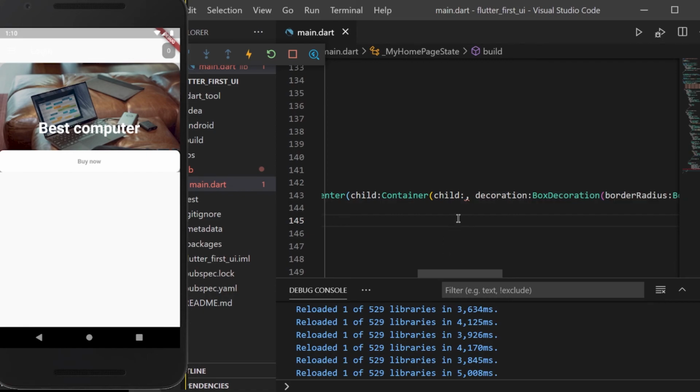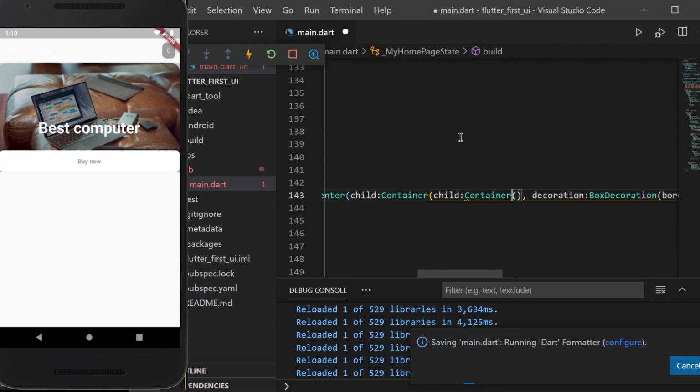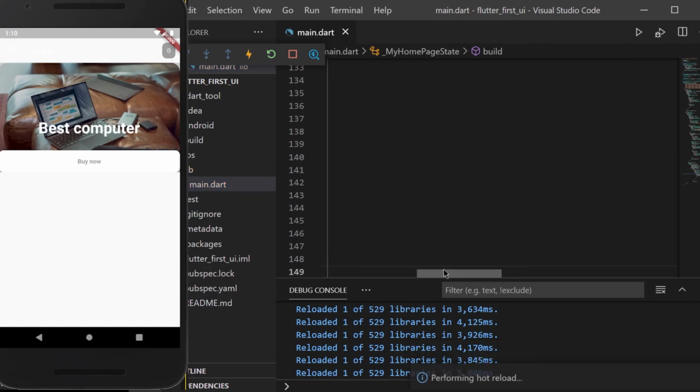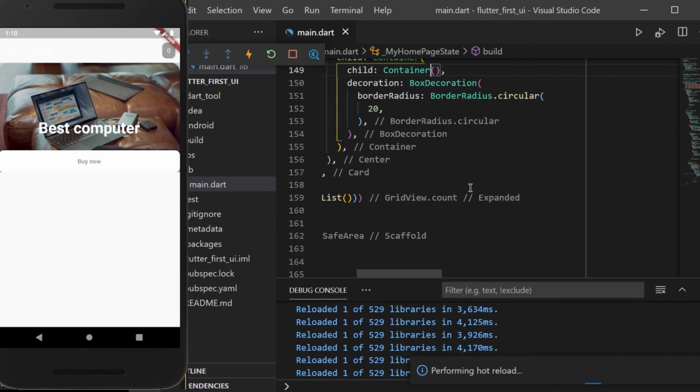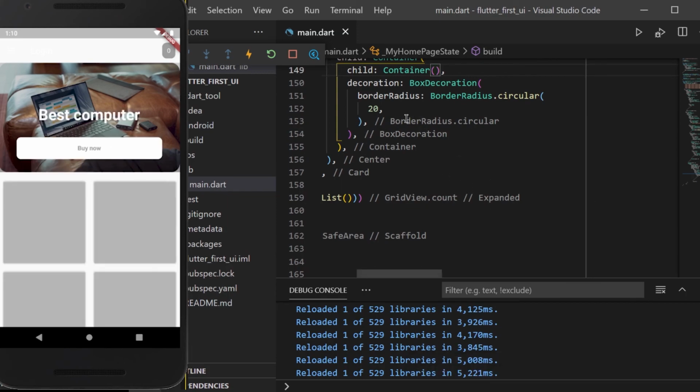So I guess because of this child it is not formatting it, so as of now let me pass a container to it. Yeah, so it has formatted this. Now I have passed the border radius to be circular. I'll add an image inside this